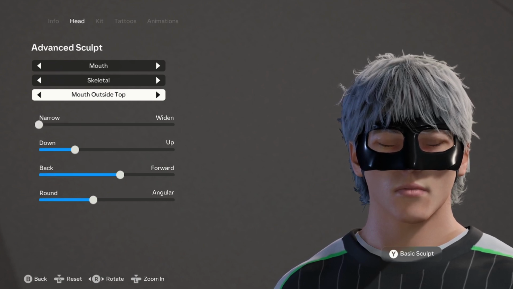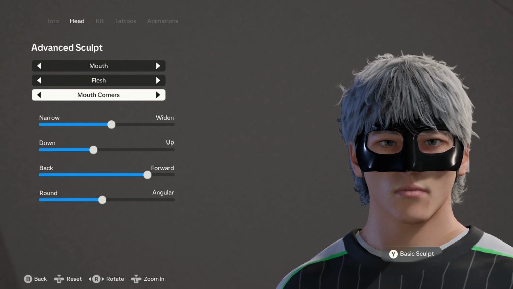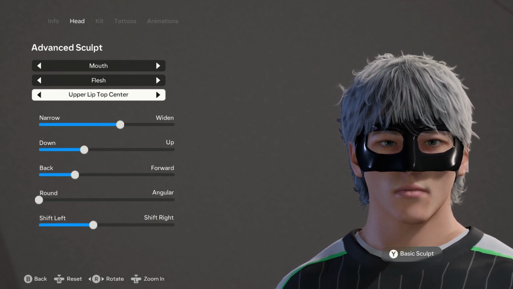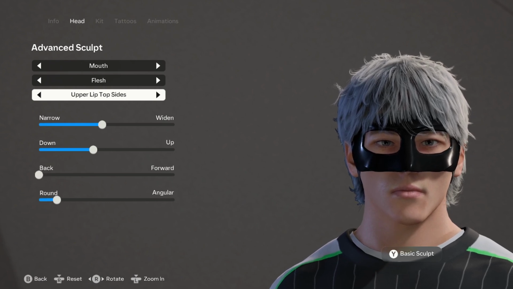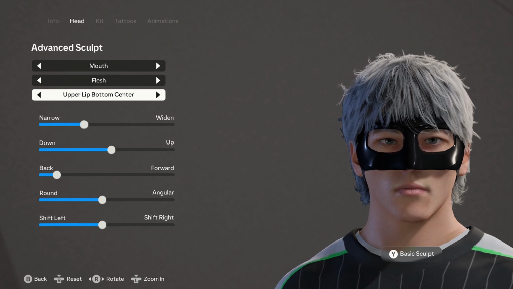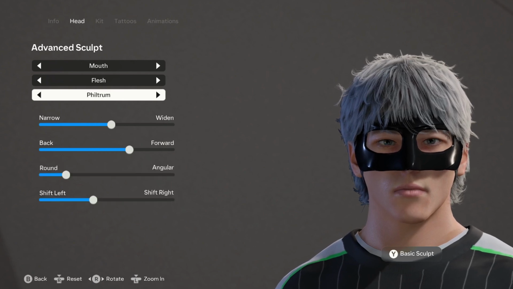outside top, and then back to the mouth. Then for the flesh, this is like the one with the most options. We have the mouth corners, the lip gap center, the lip gap sides, the upper lip top center, upper lip top sides, upper lip top corners, upper lip bottom center, upper lip bottom sides, upper lip fullness, the philtrum,